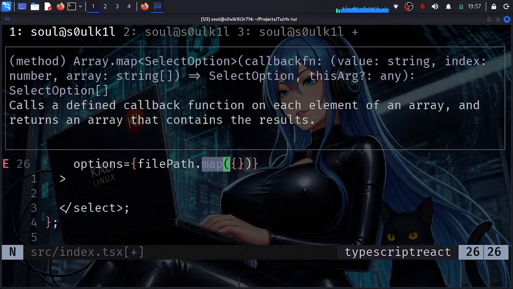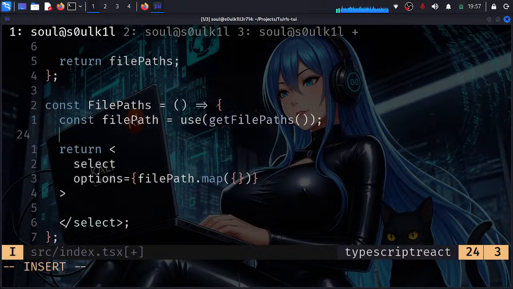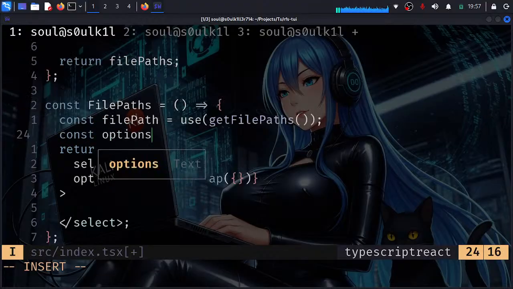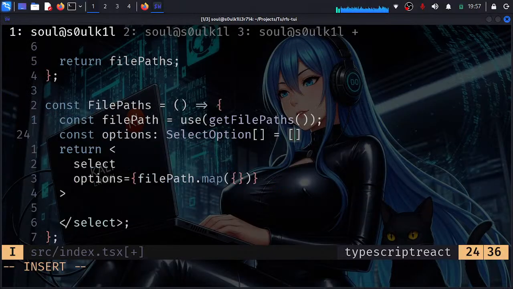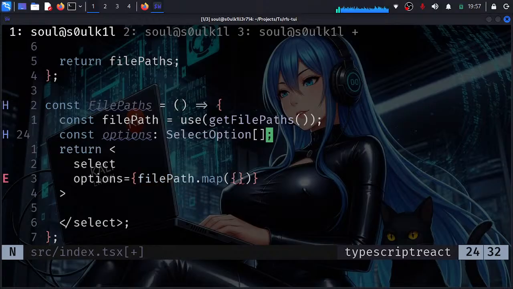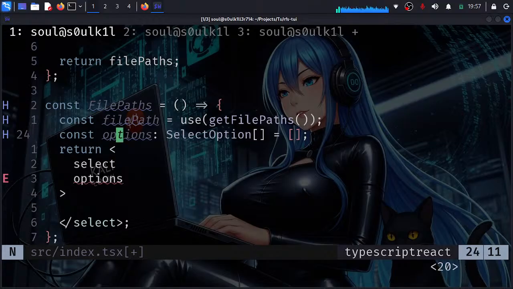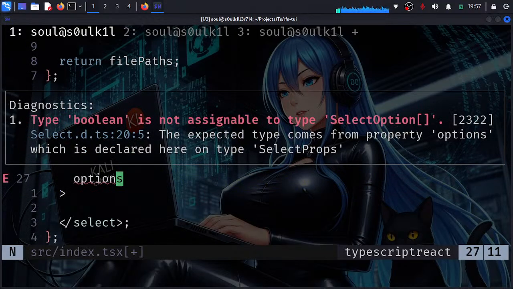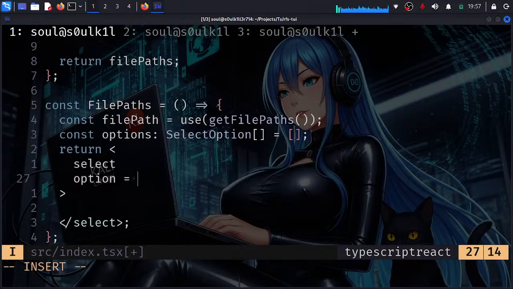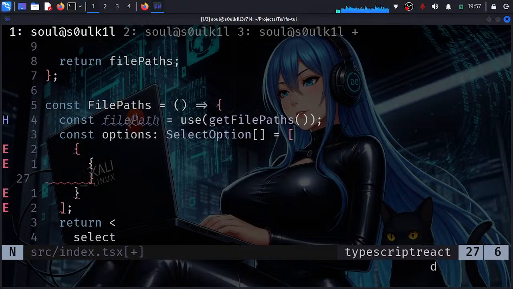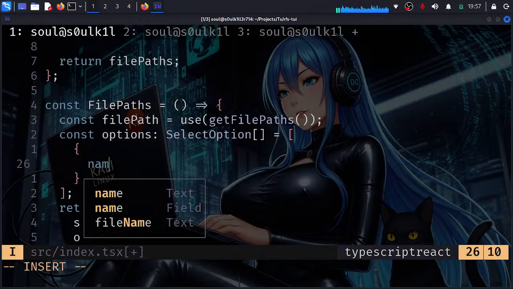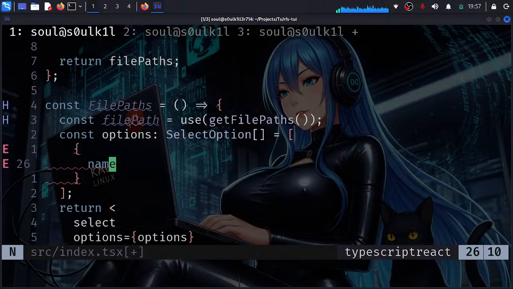This is select option. Okay. Select option array, and then option second directly pass in. Type boolean. Options will be option name. Okay, so this is